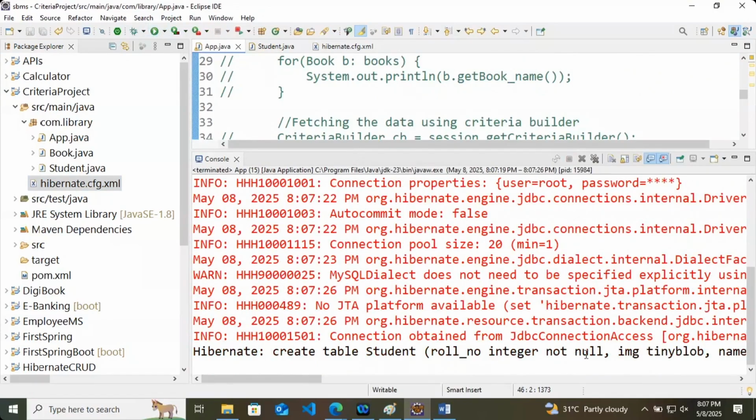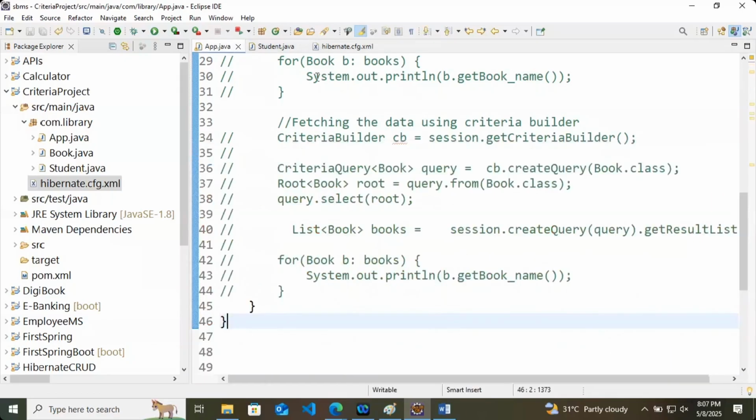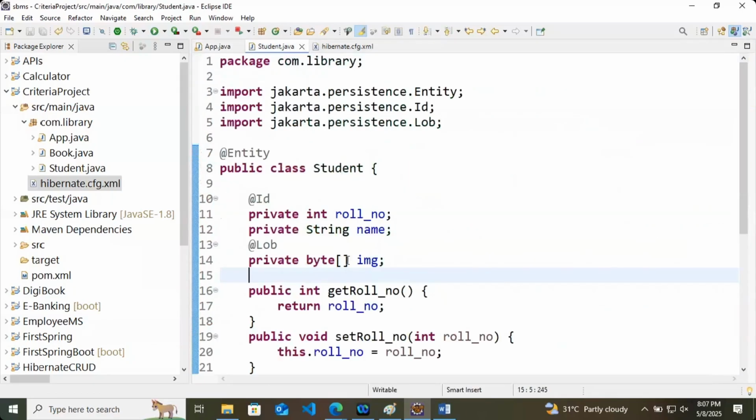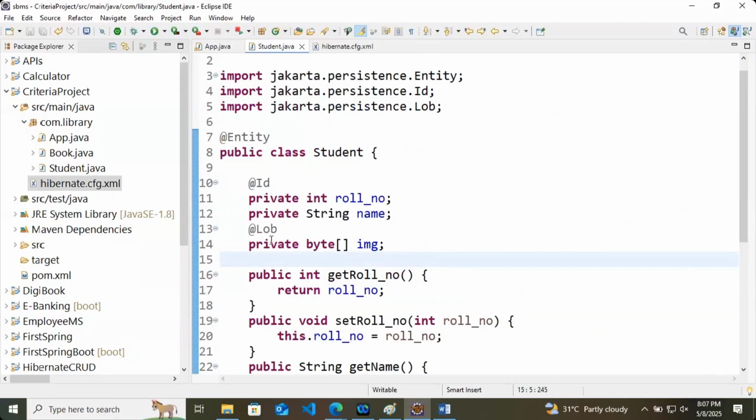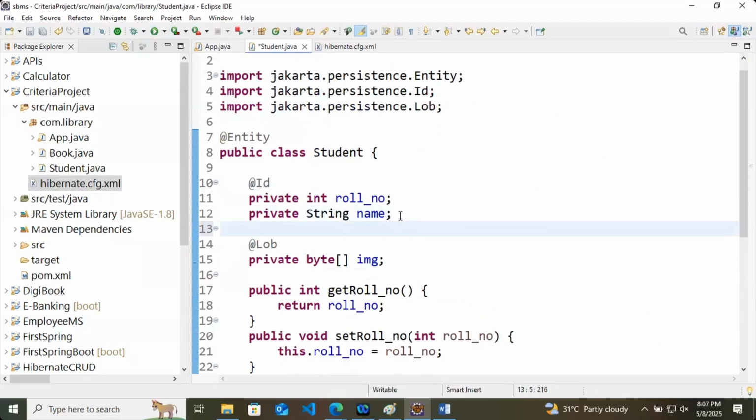It has created the table. If you focus on the description of the table, roll number is integer, not null, and image is tiny blob. So how is this conversion going on? I am telling Hibernate that I will give it a large object.